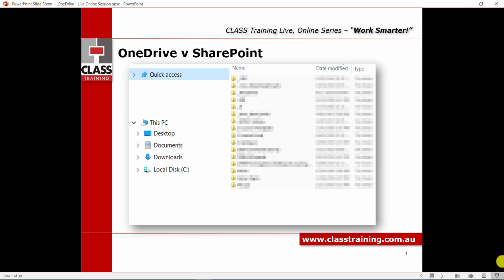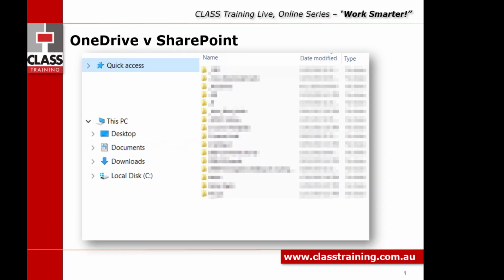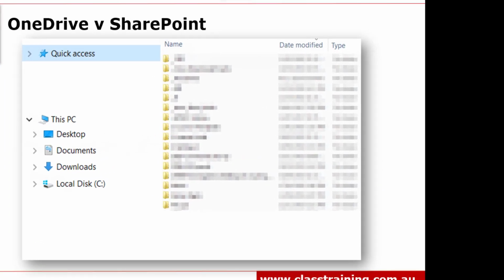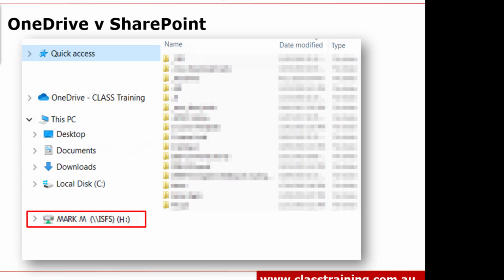view of how your documents are stored in both of those. Now I've got a screenshot here of my File Explorer, and some of you who have been along to our sessions would have seen this before. But in the old days, we used to have like an H drive for our own documents, H for home or P for personal. You still might have an H drive, and you can see my name there. So what's going to happen now, or has probably already happened in your organization, is those documents will now be in the OneDrive area. And it says there, OneDrive Class Training. I wish it would say Mark Mannering, OneDrive. And Microsoft won't return my phone calls,